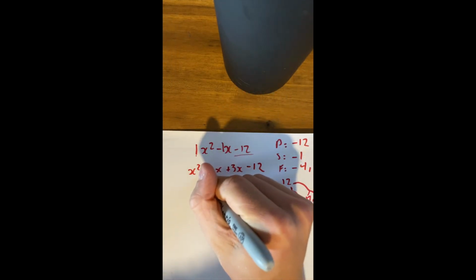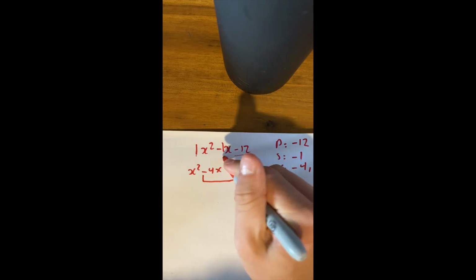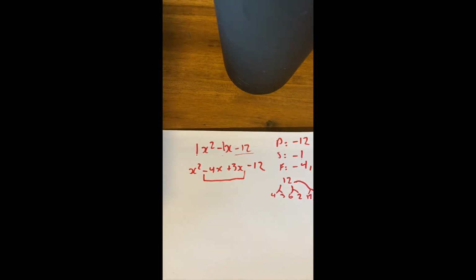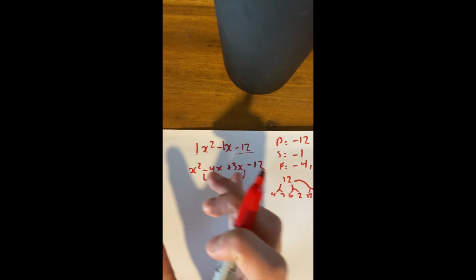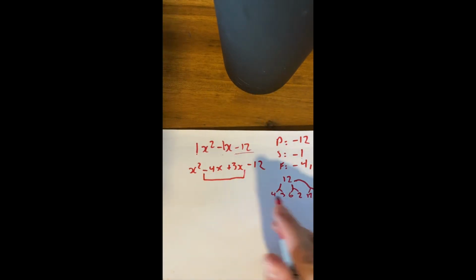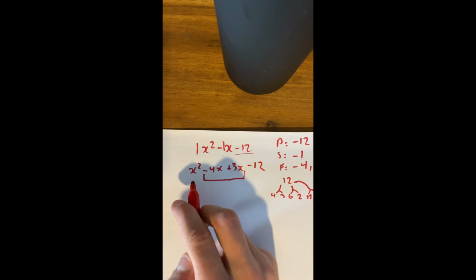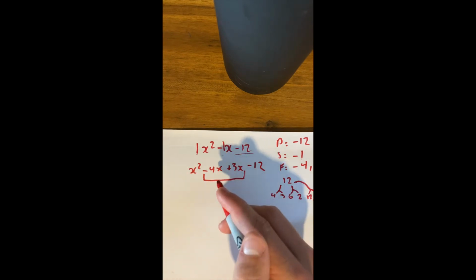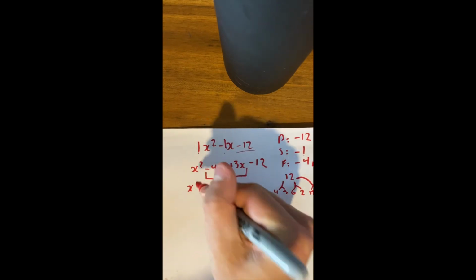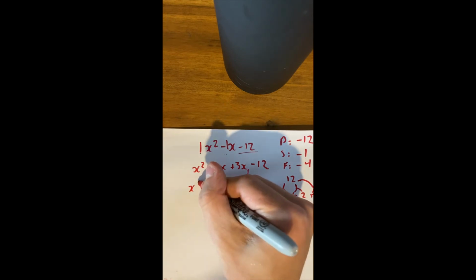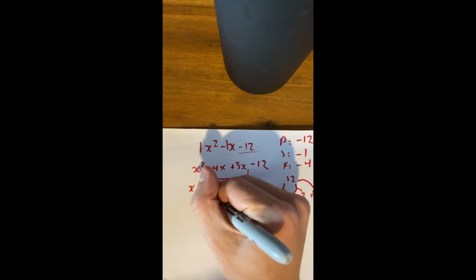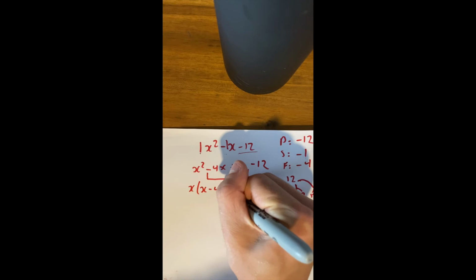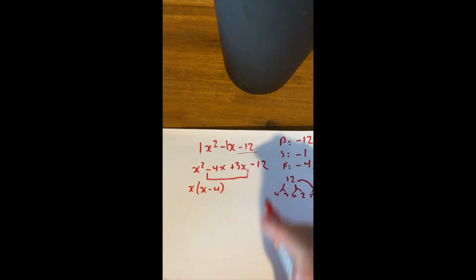As you can see, this part here equals the -12x above. We're just splitting it up so that we can factorize it in two distinct groups. So let's factorize x squared minus 4x. The common term is x, so x comes out, in brackets, x minus 4, and then here 3x minus 12,